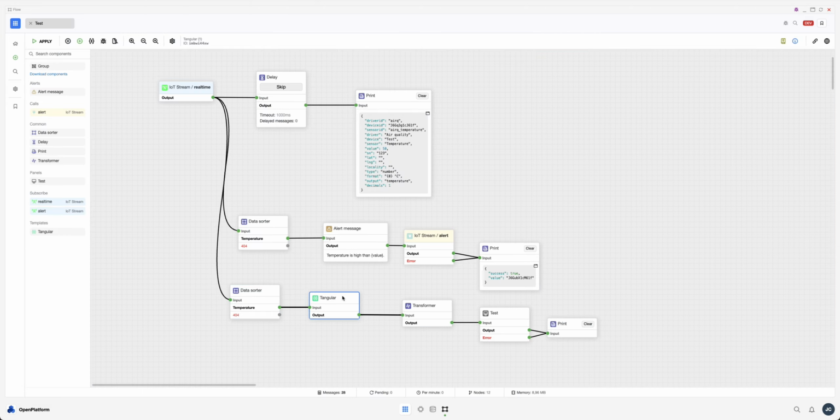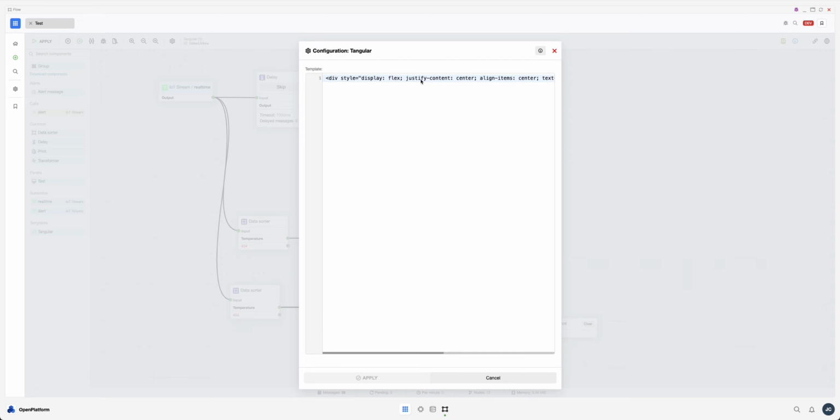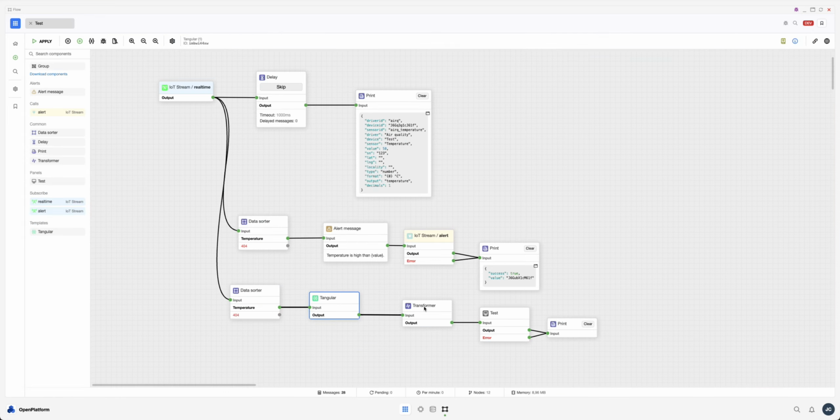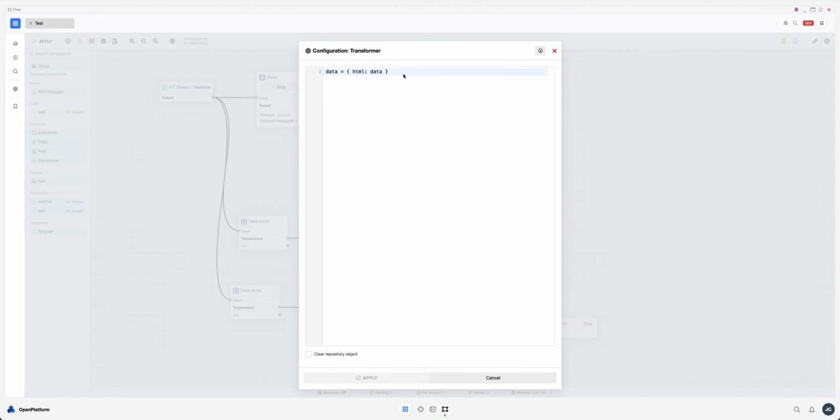In the next component, I filled in some basic HTML content with some CSS and rectangular because we want to render the value which is in the value property of our object. And the next component is a transformer, and this is just to transform our data to data compatible with the next component,